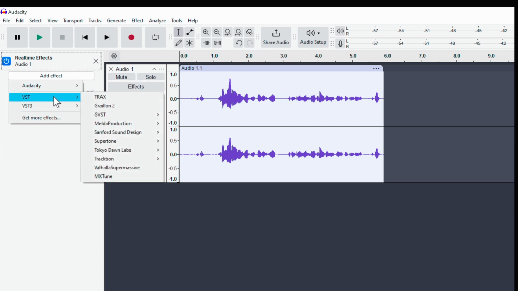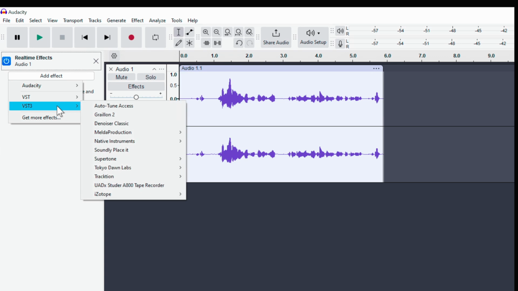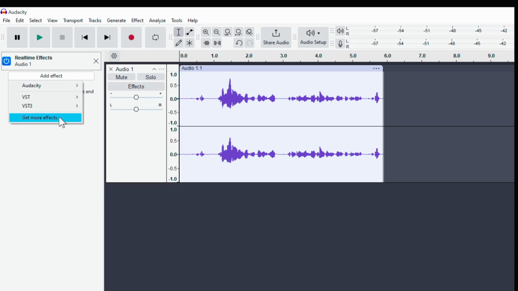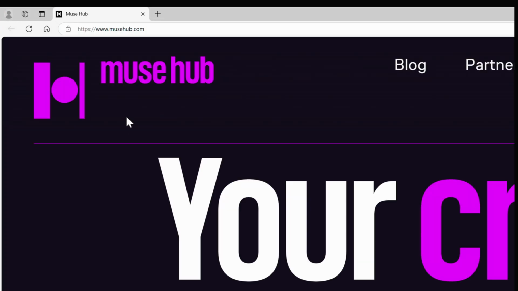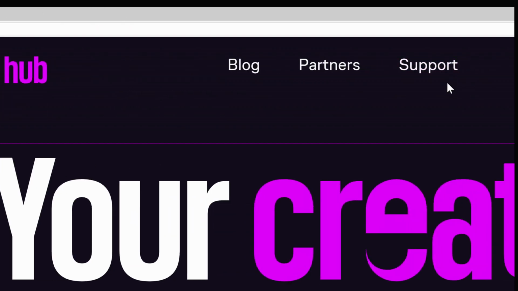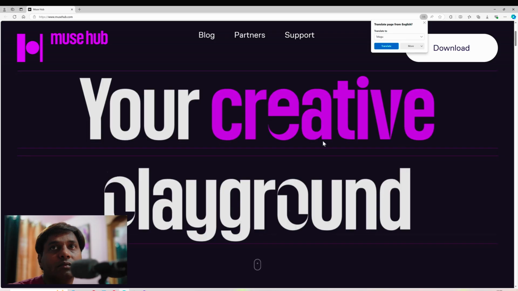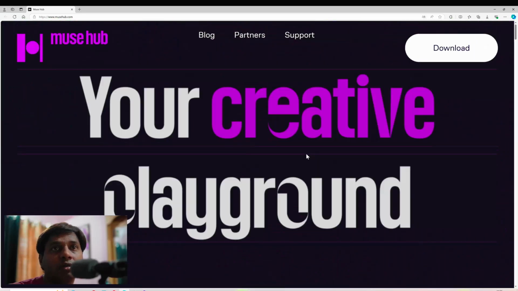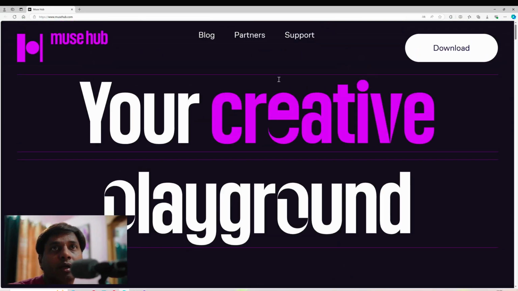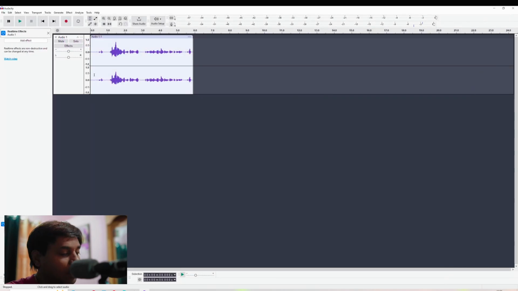VST is a third party plugin, and VST3 is also a third party plugin, which I have installed. And Get more effects: if you click on it, you will see a website called Muse Hub. I think this Muse Hub is linked to Audacity, and you can get more plugins and options here if you click on the download option. Let me close this window. All these things are basically third party applications which we can use in our Audacity. So